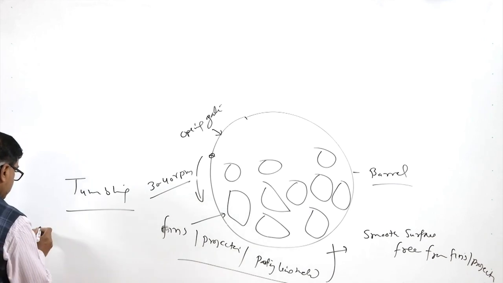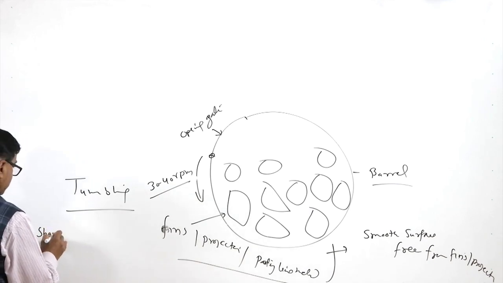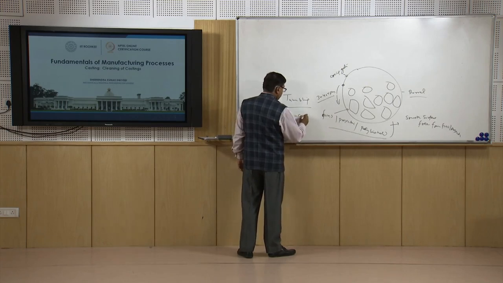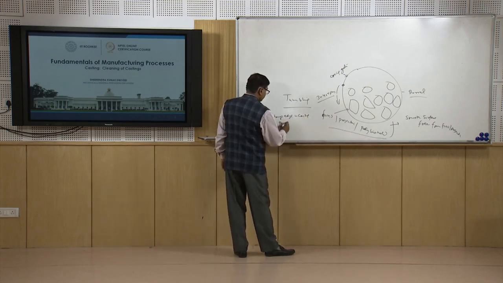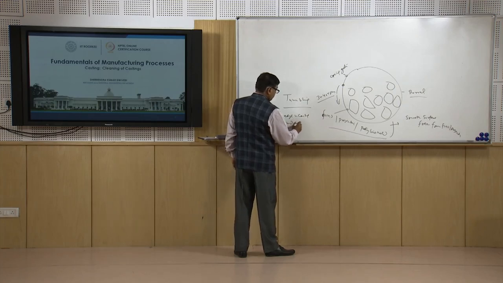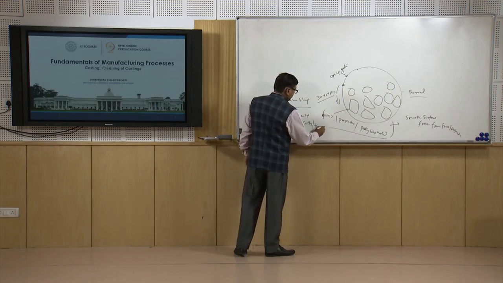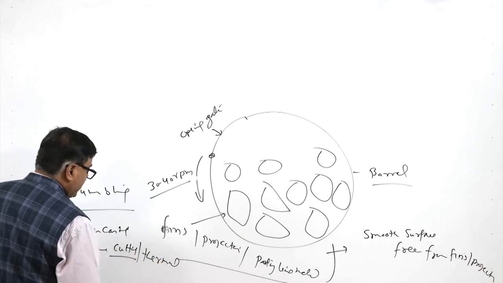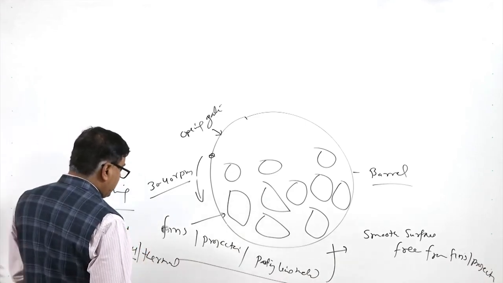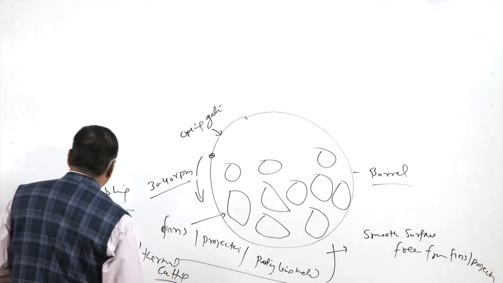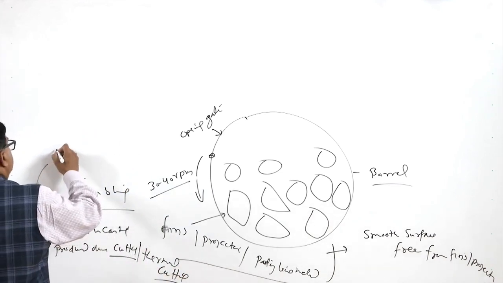Additionally, one more thing is done: if there are sharp edges in the casting produced due to mechanical cutting like machining or grinding, or thermal cutting methods, these sharp edges can be easily polished using